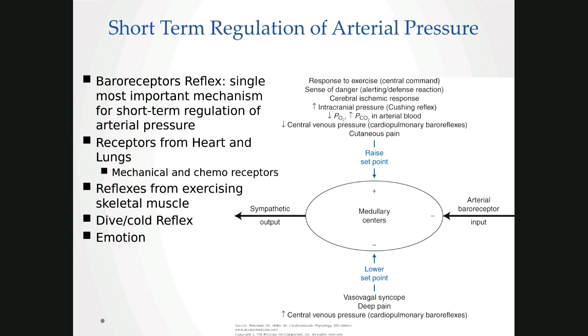We want blood pressure to not go so high and stay elevated for long periods of time. And then we have some dive cold reflexes, and then we have some reflexes related to blood pressure going up when we have emotions. Again, for humans, if blood pressure is ever low, we are really good at getting it up in the short term with a lot of reflexes and getting it up in the long term with lots of reflexes. All right. When normal starts to creep up and stay elevated, the system just resets, and our new normal is now this not ideal mean blood pressure